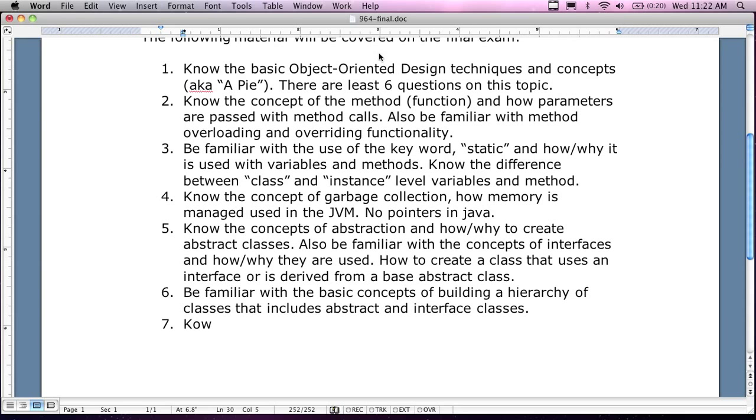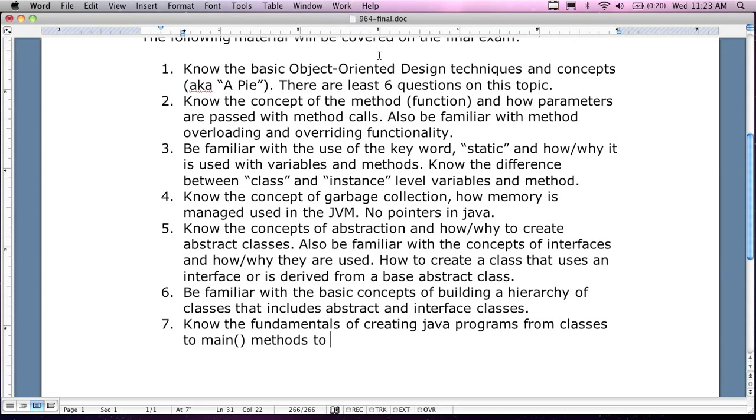So, know the fundamentals of creating Java programs from classes to main methods to drive